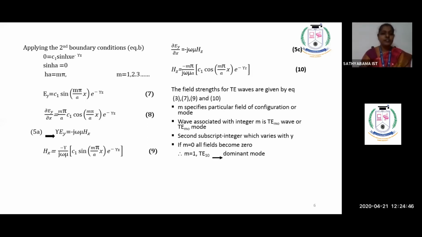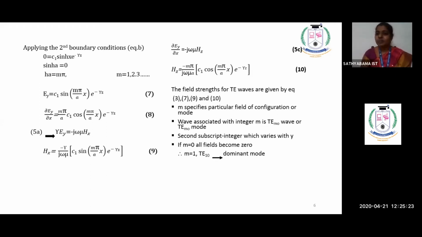Okay. So now I have got my Ey. What is my aim? I have to find 3 components existing. One component I have found. So what are the remaining 2 components? I have to take the equation Hx. In that Hx equation, see equation 5a, what is my Hx? Hx is equal to gamma into Ey divided by minus j omega mu. Here there is no derivative, so directly I substitute the Ey answer, equation 7, and I will get the second component Hx also. So equation 9 says I have my second component obtained.